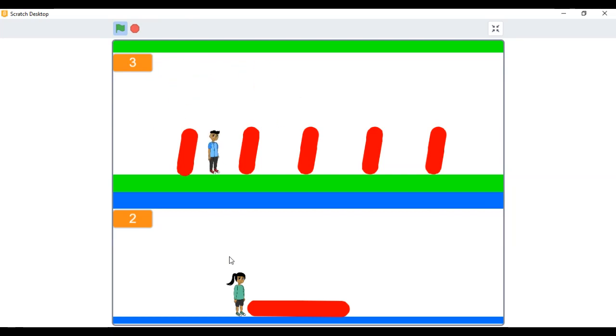So once you touch, it takes you back to the beginning of the game. And as you move with the game, you can see she's in the 2nd level, and Dan is in the 3rd level. So it's very possible to have a multiplayer game with Scratch